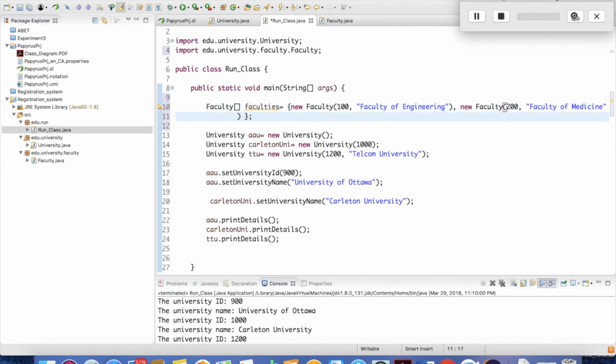Then we can have a third faculty, and let's call it 300, faculty of law, LAW. Alright, now we have three